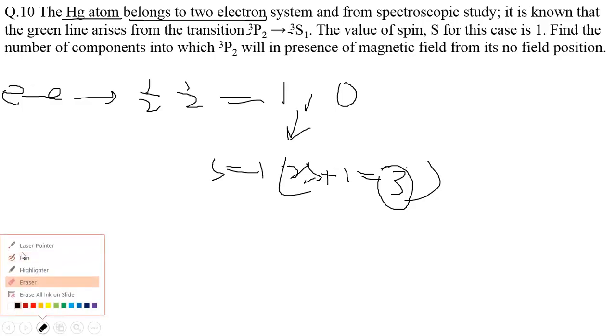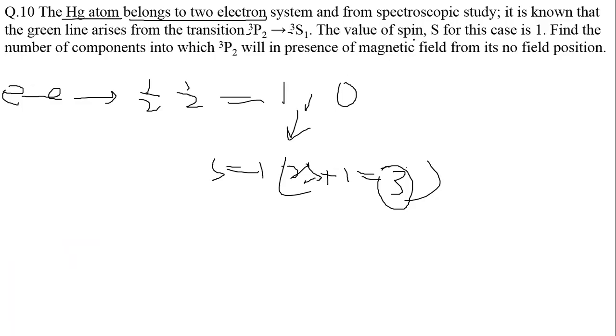So for both the cases, here it is also given S is 1. Then find the number of components into which 3p2 will split in presence of magnetic field from its no field position. So when there was no field, then there was no splitting. But in presence of magnetic field, what we were discussing in the previous question,